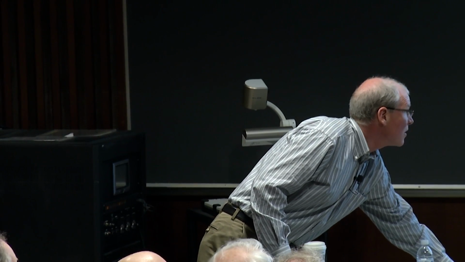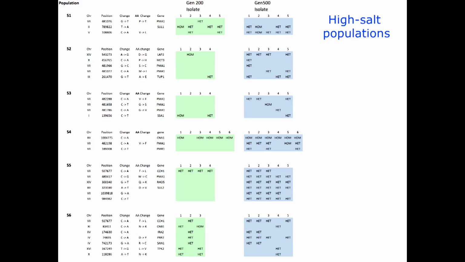So what do the data look like? So here we have the high salt populations. And in this graph, these are the mutations, the locations and coordinates, nature of the change. Home stands for homozygous. So the mutation is homozygous in this isolate for that mutation. Het means heterozygous. And blank means was not recovered in that particular isolate. So the first thing you notice is that